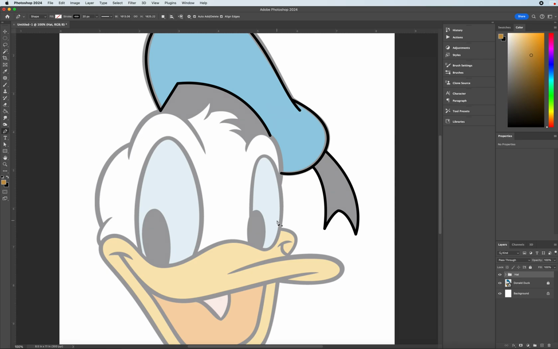Now that we have the hat, we're going to focus on doing the head shape of Donald Duck. To start out, we're going to be taking a look at where the cheek runs into the image. So down where the bill and the cheek meet, I'm going to start out a fresh new line, click a point, click and drag to match that curve. We're going to get in the process of hitting enter or escape to cut off the line so we can start a new line. Click a new point, click and drag,